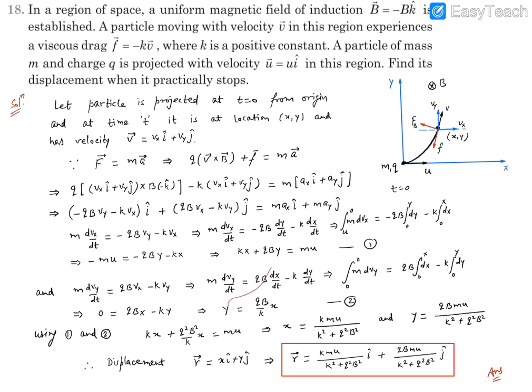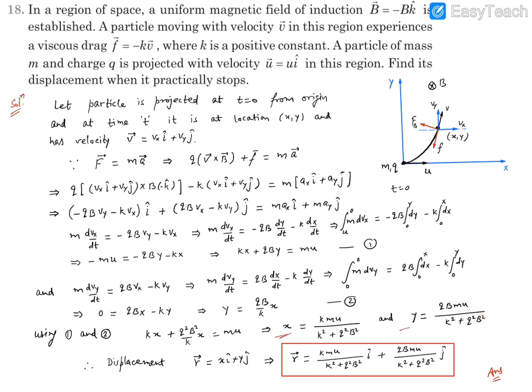Now from the second relation we can put the value of y in the first relation to evaluate x. Then we can put x back to evaluate y. These are two linear equations, and we can handle them the way we like. So putting the y expression in the first, it's kx plus qB into y, which is qB upon k x. So it's q square B square by k times x, plus kx, is equal to mu. You can take x outside and simplify, so it becomes k mu upon k square plus q square B square. Similarly, this x can be substituted to get y, which turns out to be qB mu upon k square plus q square B square.